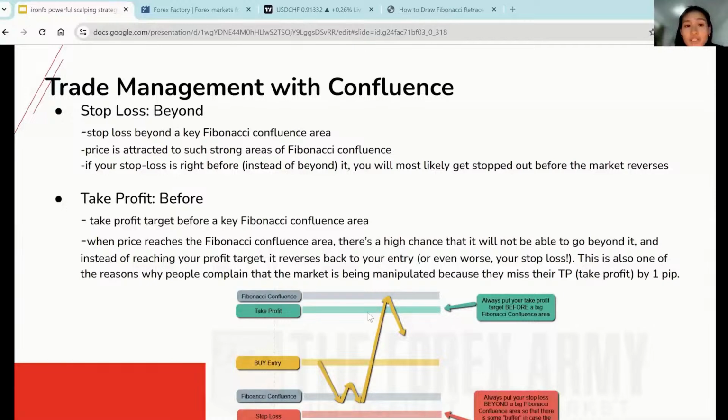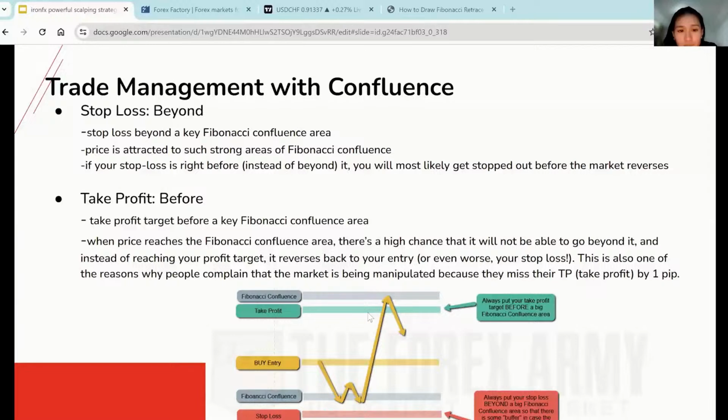So here are some trade management techniques with Fibonacci confluence, but this can include any resistance or support levels as well. Firstly, place your stop loss beyond any key resistance areas or confluence areas. The reason is that price is attracted to such strong areas of Fibonacci confluence. So if your stop loss is right before instead of beyond it, you will most likely get stopped out before